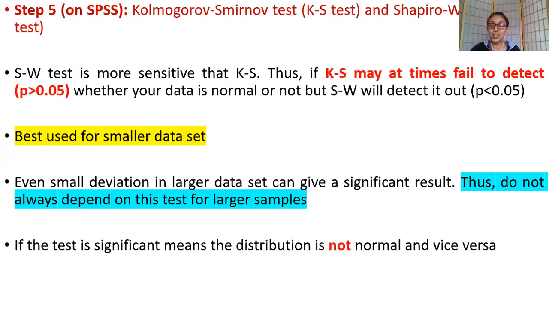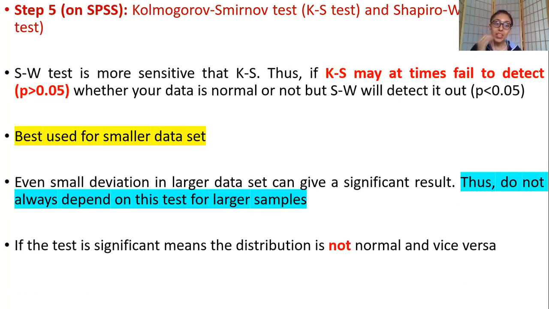Oh yes, there is one more method of checking for normal distribution. So you have the KS and SW test. Please don't ask me to pronounce these. With my accent, it sounds ridiculously funny when I try to pronounce them. It's good to laugh, but it's embarrassing the way I pronounce it. So I will not pronounce it. Let's just call these KS and SW.